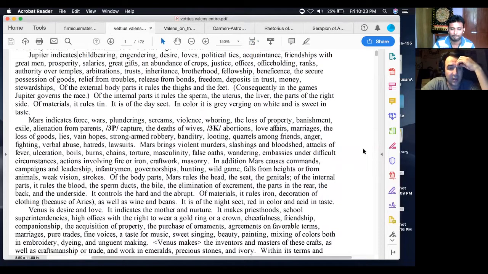Materials, it rules tin, and that's pretty traditional. I don't really know much about where the metal associations of the planets come from, other than Sun, Moon, and Saturn making abundant sense. But if you read about tin, chances are it will make sense. Jupiter's a day planet, and it's gray verging on white. That's very odd. I don't know about gray, but sure, white. And it's sweet in taste. Yes, that is a pretty traditional thing,